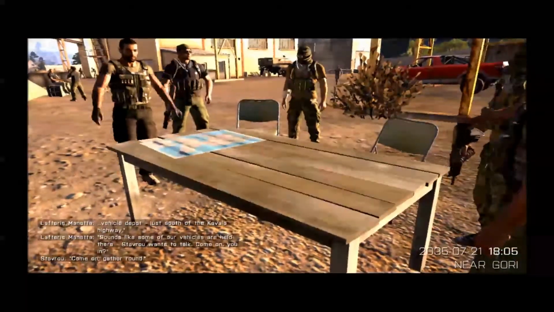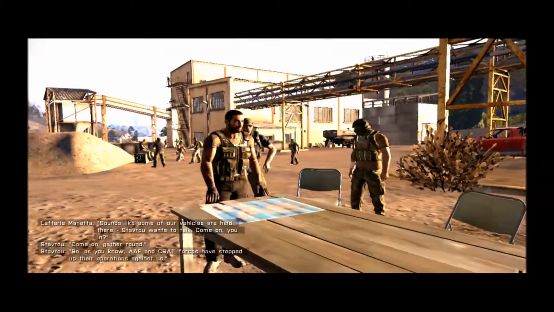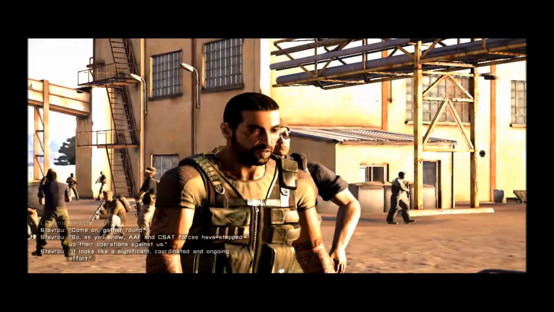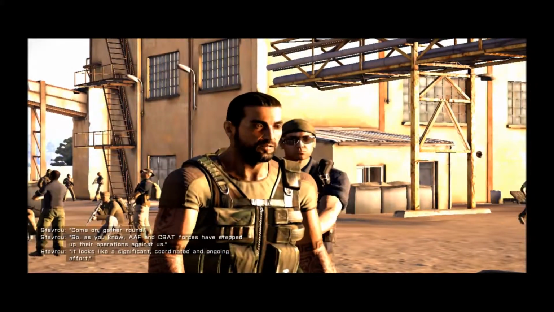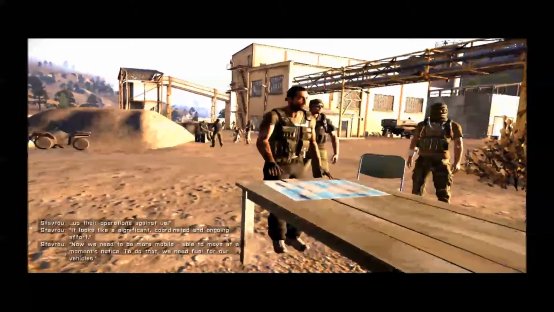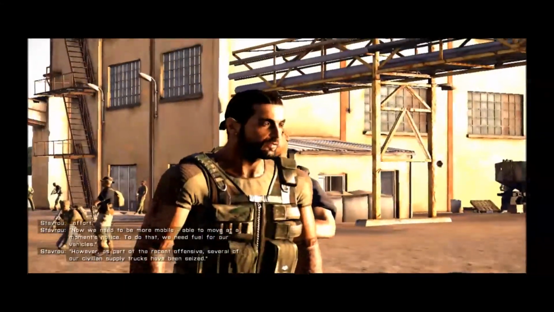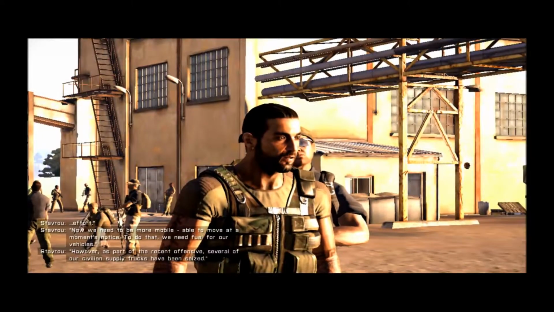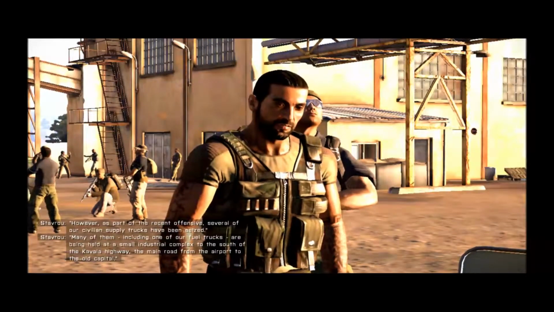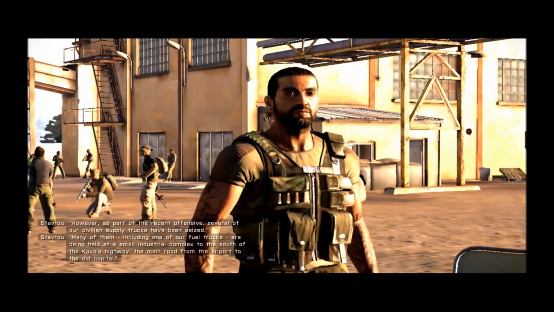Come on. Gather round. So, as you know, AAF and CSAT forces have stepped up their operations against us. It looks like the beginning of a significant, coordinated, and ongoing effort. We need to be more mobile, able to move at a moment's notice. To do that, we need fuel for our trucks. However, as part of the recent offensive, several of our civilian supply trucks have been seized. Many of them, including one of our fuel trucks, are being held at a small industrial complex to the south